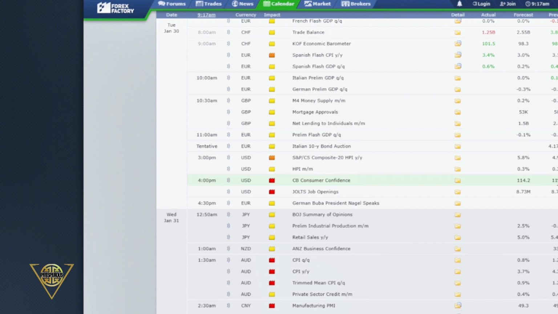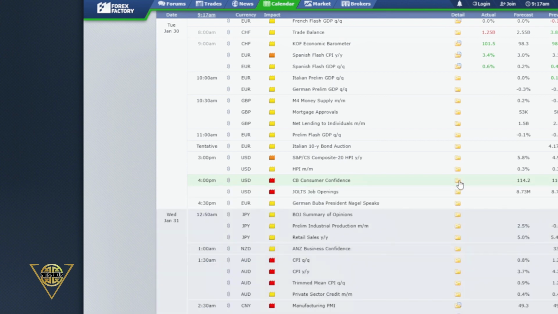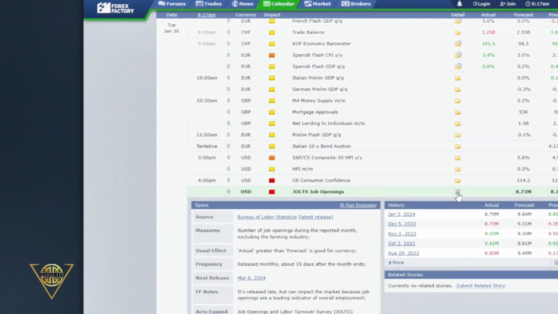So it's more than previously, and if it comes out greater than it, we have a bullish USD on the fundamental side. As we know by now, it doesn't mean that the US dollar will rally. Same thing here. Greater than forecast is good for currency,